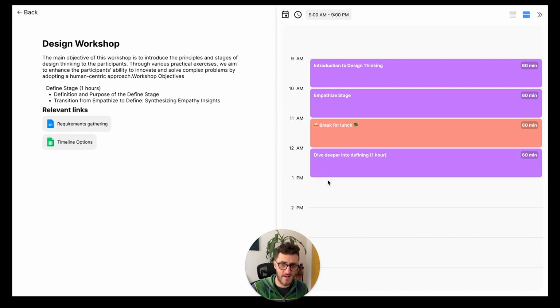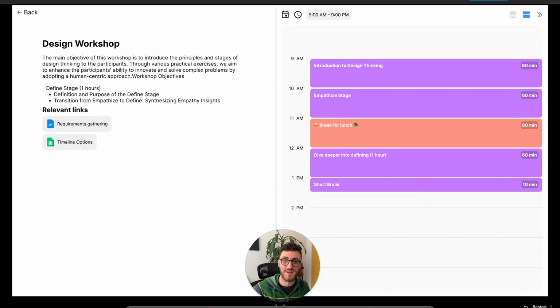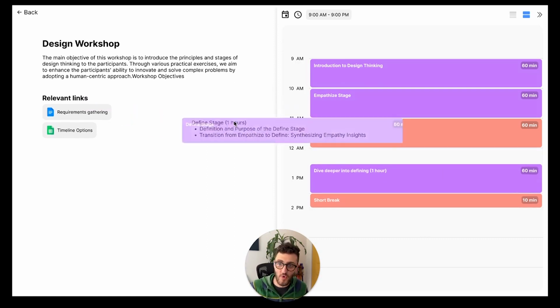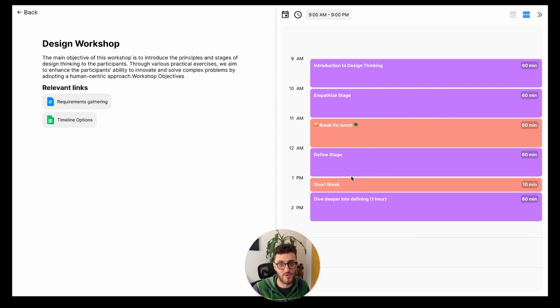Maybe I want a short break after this, so I'll drag over there and I'll type in a short break. Actually, a short break is probably less than 60 minutes, so I'll make that 10 minutes. And to keep everything organized, I'll make this the same orange color as the break for lunch, and so everything is nice and organized here. And you know what? Because this is a flexible tool that allows us to move things back and forth at will, in fact, I realized that I do want the define stage back in here. It's just that I wanted a short break in between the two. And so as simple as that, I have been able to move things back and forth, type, organize in a